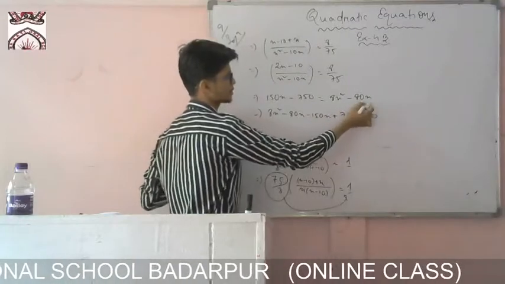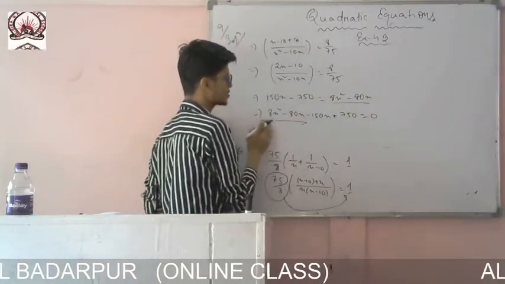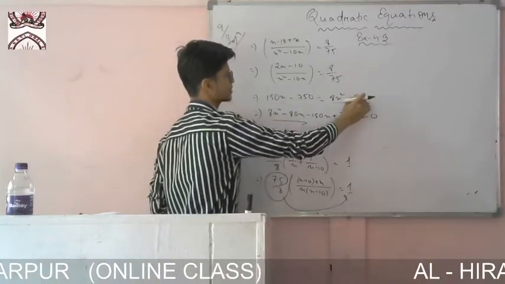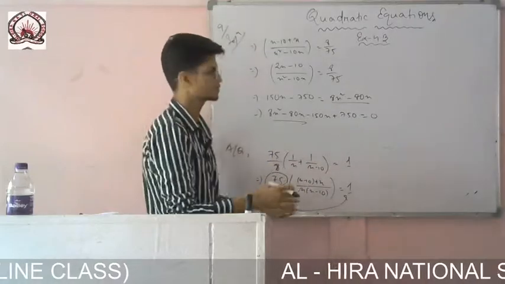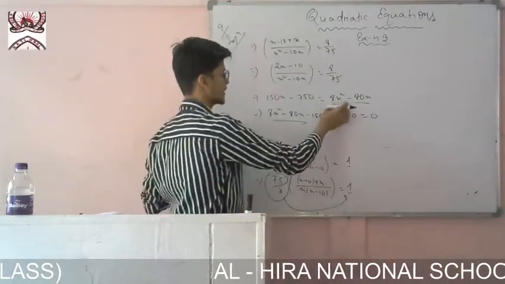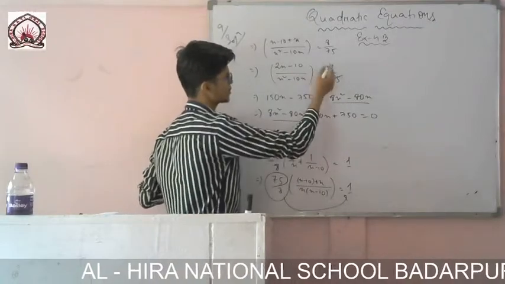So this one I have kept here, and then I have changed the side, so minus 150, because if I bring this thing to this side, then it will come minus 8x, so later I again have to change. So to make it a little easy, I have done like this. While calculating also you can do like this.